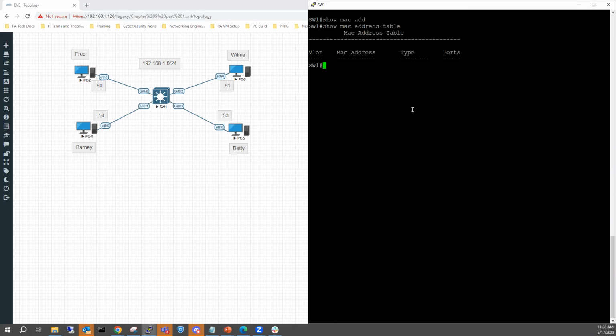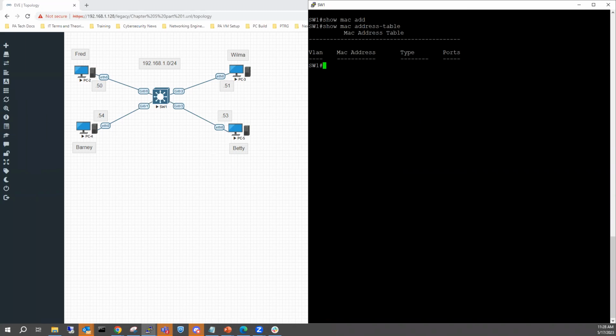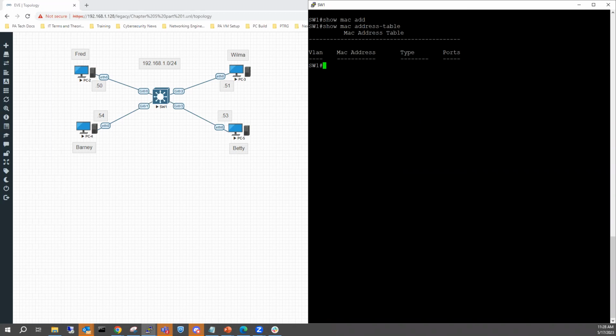We don't see anything, and I'll explain why. Of course, this lab was on, it was cut up, but the MAC address table has a timer. What does that timer do? They call it the aging time. The switch keeps MAC addresses in the MAC address table for a certain amount of time. Why is that? Because if there's no communication, we don't want to keep those entries within the MAC address table, because we can cause errors,